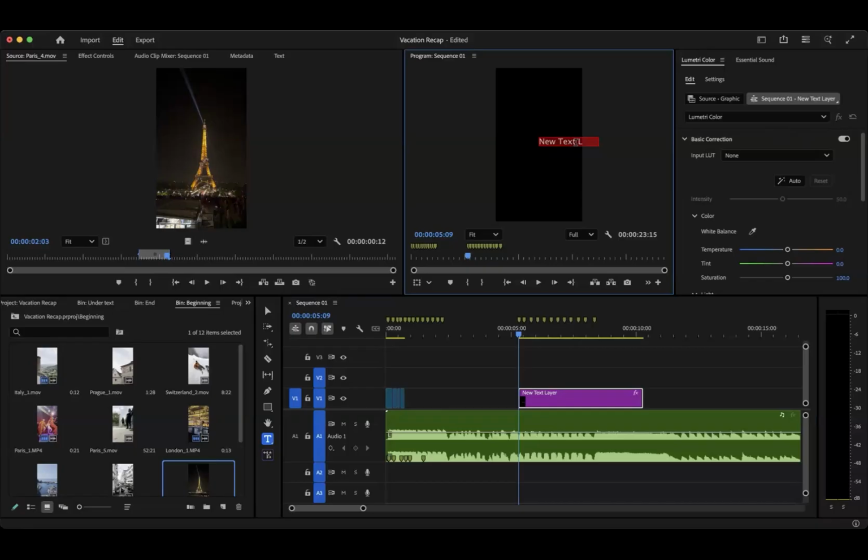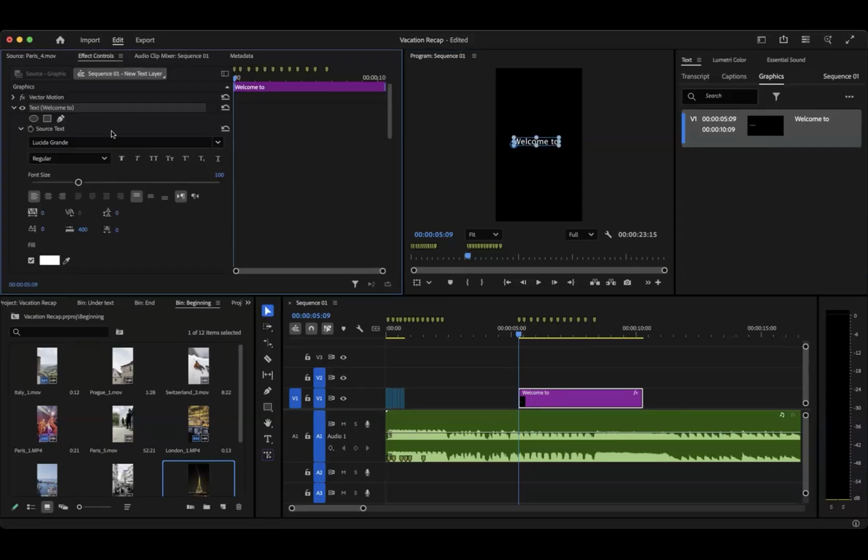I'm going to start with "welcome to," because even when the text below it changes, this one stays the same. So I'm going to create this, and it's going to be one layer that we have across that whole section. I'm going to change it to say "welcome to," and then because we're on 2025,